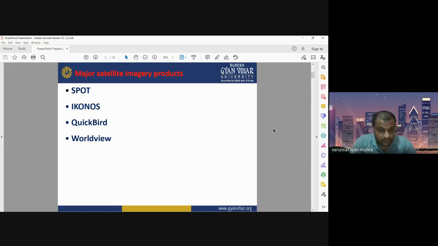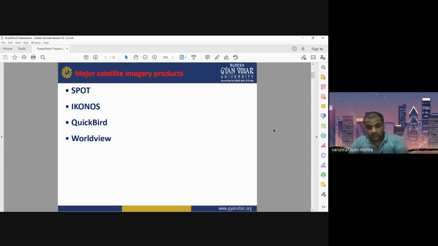So in urban planning, or regional planning of an urban area, we need very high resolution satellite images for getting more detailed information about the objects. These are very famous and very commonly used satellite images.